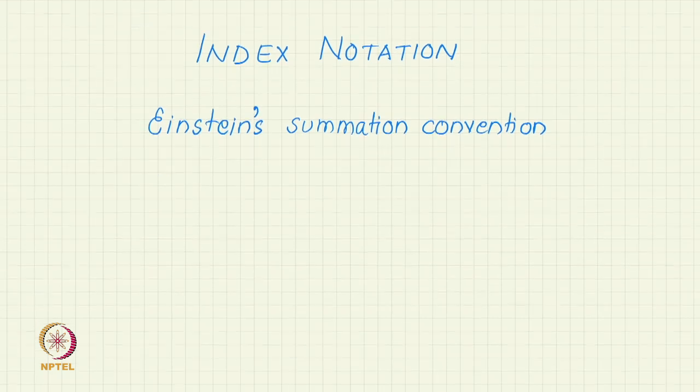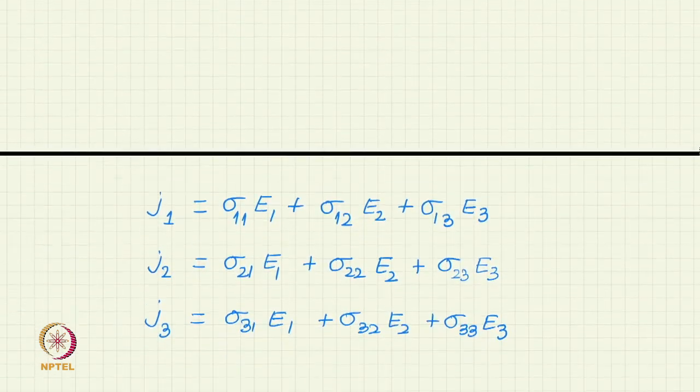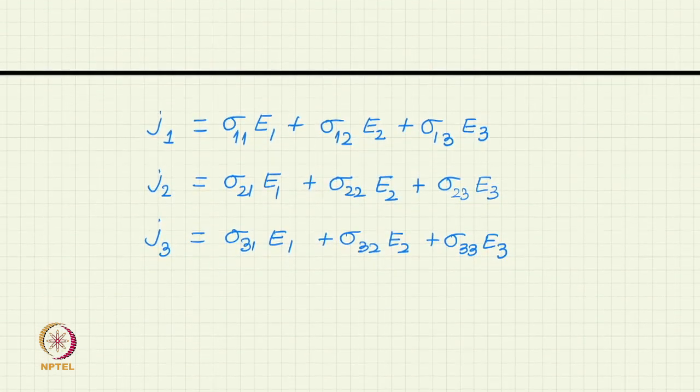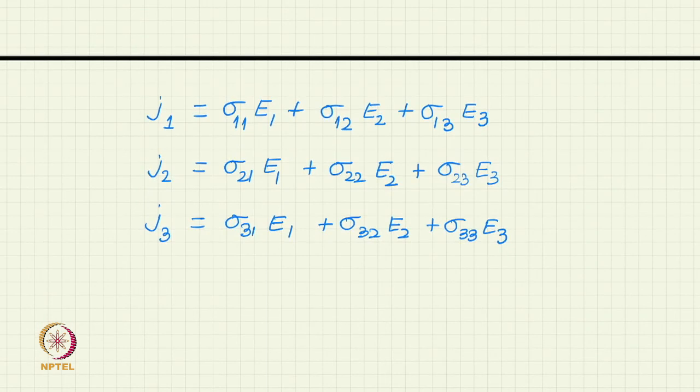We will discuss an index notation, which also is related to Einstein's summation convention, in this video. These two notations and the summation convention are very important in handling of tensor quantities. So, we saw while discussing the introduction to tensor that electrical conductivity was written as a tensor, and the 9